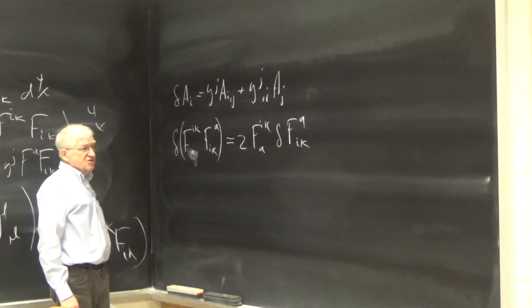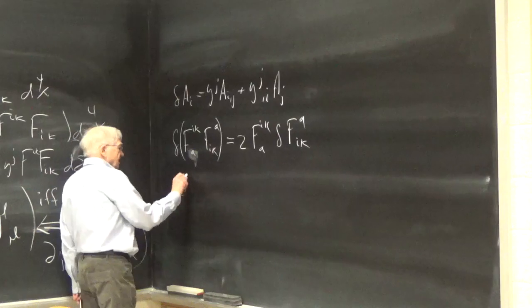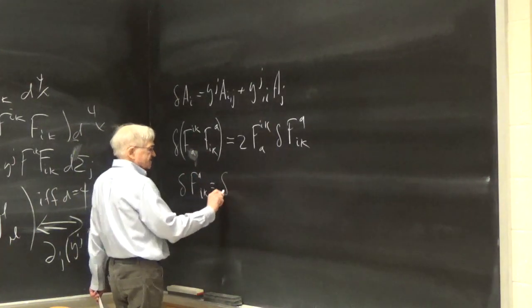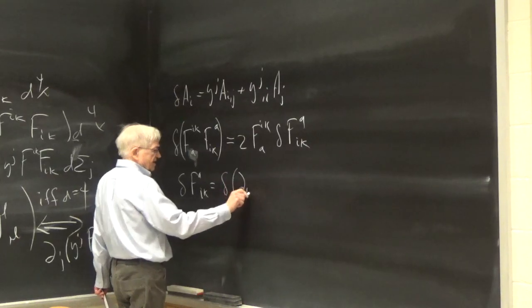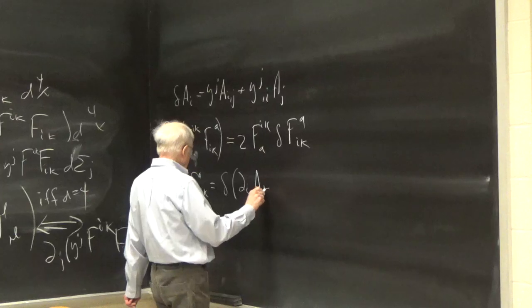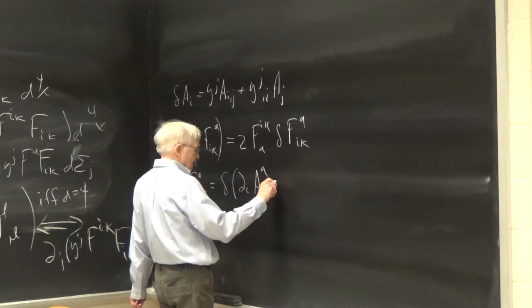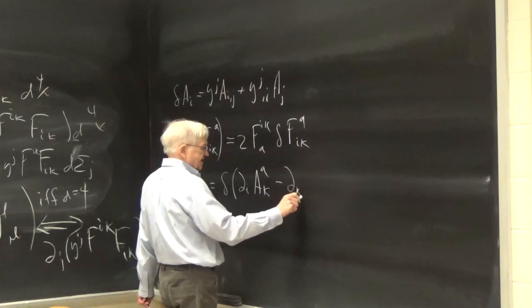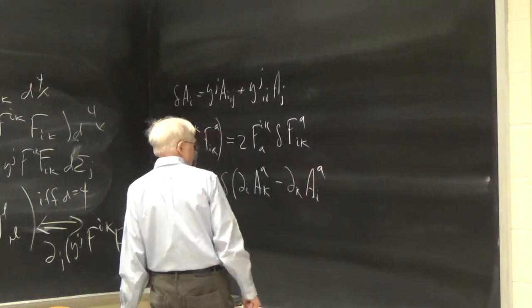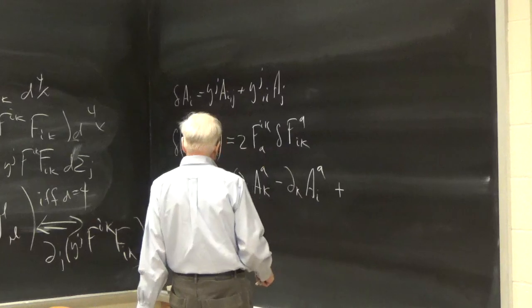And the change in F^a_ik is the change in d_i A^a_k minus d_k A^a_i, and then plus